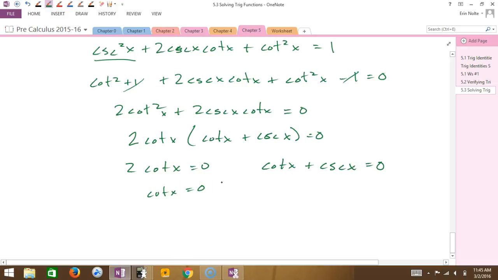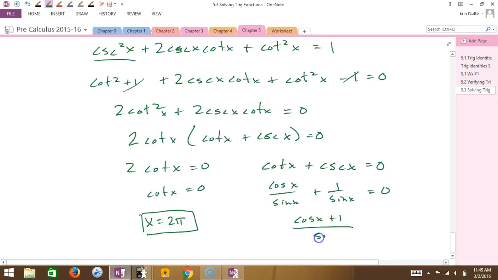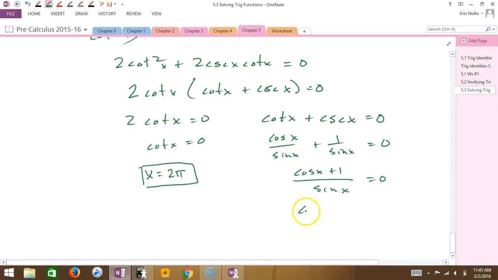So where is the y 0? 2 pi again. This one is going to be cosine over sine, 1 over sine, plus 1 over sine of x